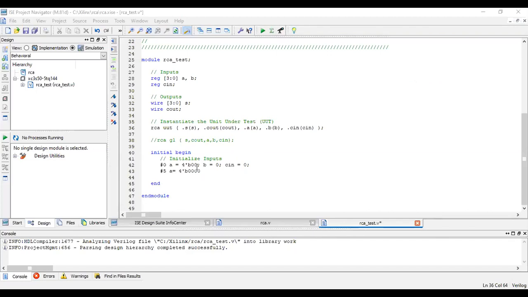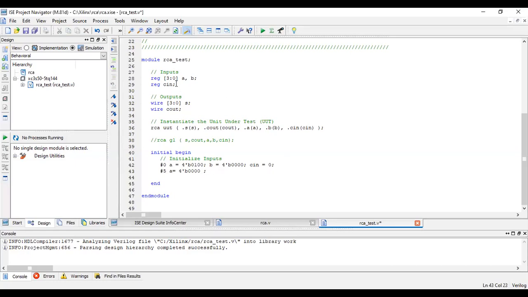Let me take A is equal to 0100 because it should be 4 bits, and B is equal to again 4'b0000. I will retain this so that we can calculate initially. Initially we don't have a carry, so Cin should always be made 0 initially, so it is made 0.